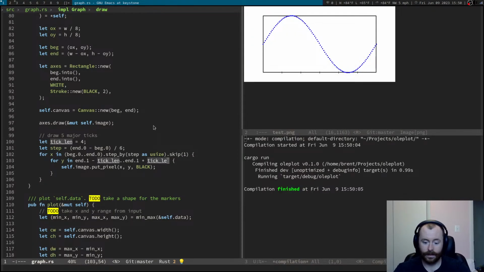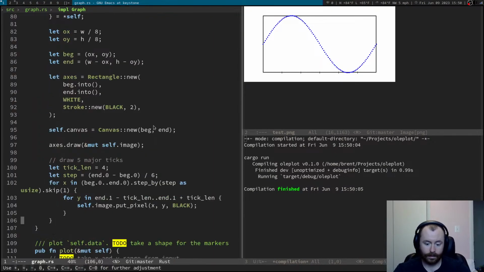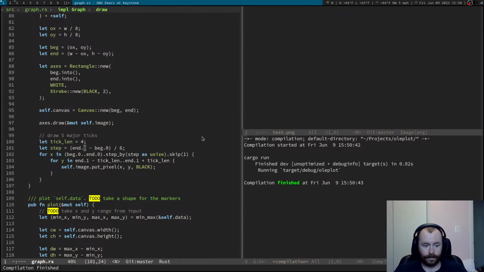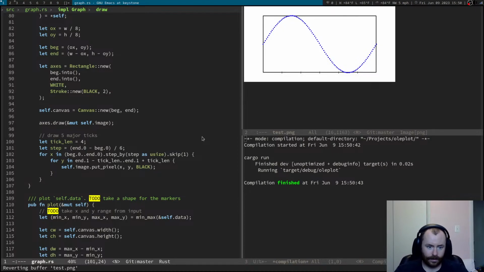Whoops. Alright, well I can't zoom in for some reason. Okay, we got x ticks. My cursor doesn't look right, but what can you do? So these are the x ticks. And then